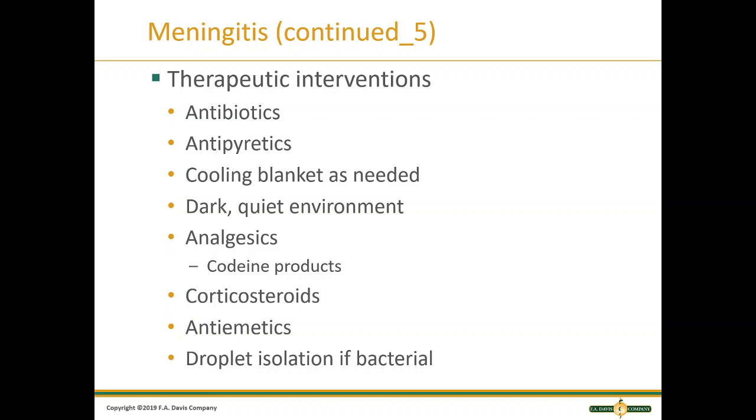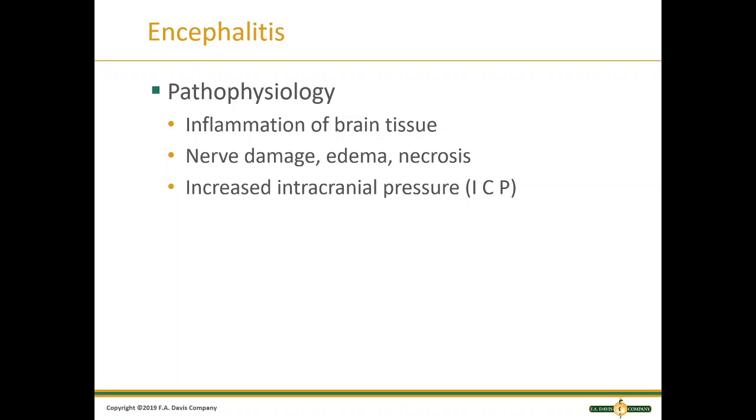Okay, so for increased ICP, they will possibly have a CSF drain that needs to be put in, and you can see that it's a catheter on figure 48.3, so that it will relieve some of that CSF pressure and get their fluid content down. Pathophysiology: inflammation of brain tissue, so it's just really swollen, right? And the brain cavity is within the skull, and if your brain is swelling beyond that, for obvious reasons, everything's going to be intensified. Nerve damage, edema, necrosis,